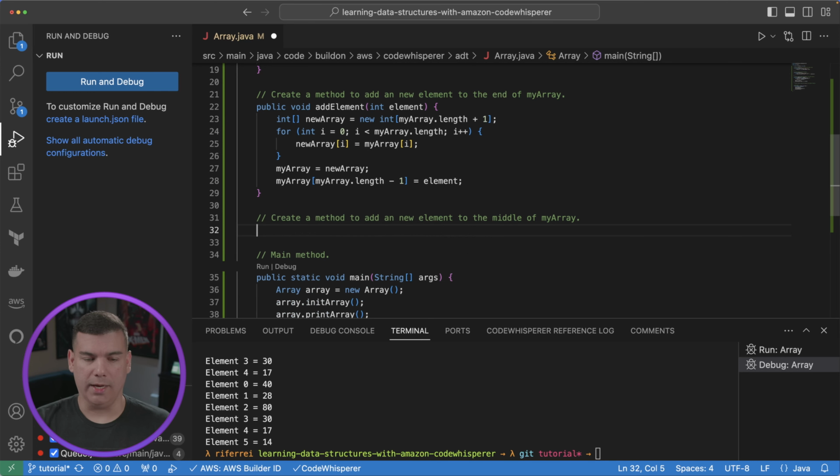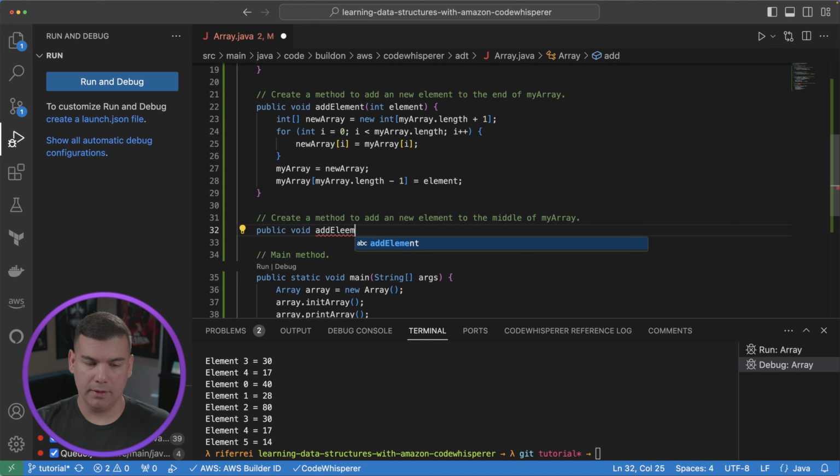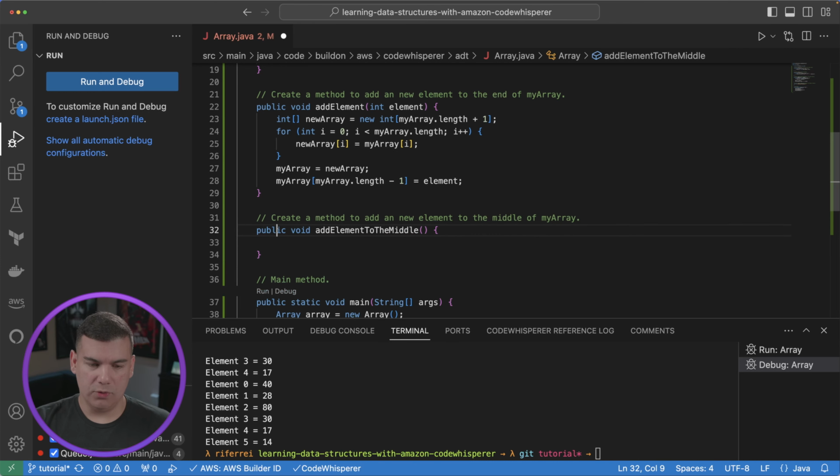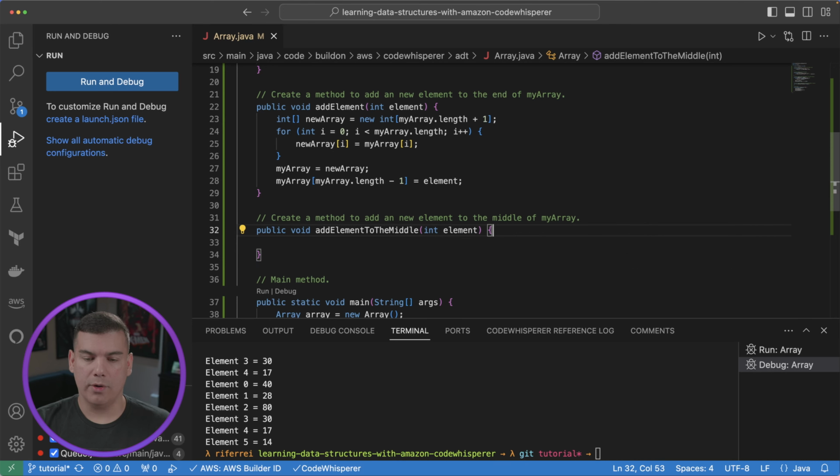No. Okay, so if none of the suggestions are doing what you want, what you can always do is start the implementation yourself, because the method signature is add element to the middle. I want you to simply specify that I want a new element, and the algorithm should figure out how to do this. So you can force Code Whisperer to continue your line of thinking here,